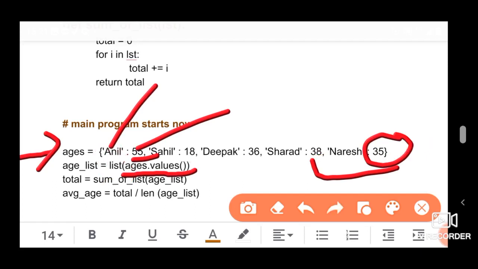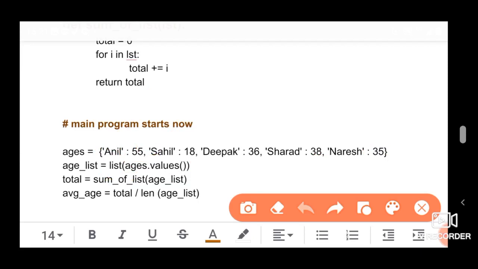You can notice that we have written this ages.values function inside the brackets of the list function. So whatever is returned by this values function for the ages dictionary is being supplied to this list function. And what this list function does is it prepares the list and returns it. And what we do with that list is that we save it as a variable named age list. Now what we do next,